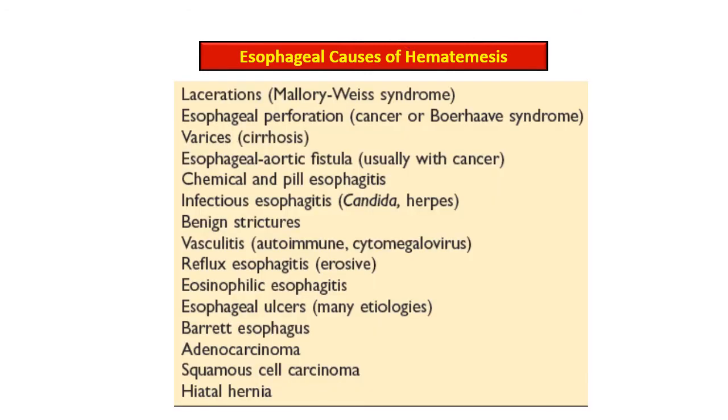So vomiting of blood is hematemesis, and the esophageal causes of hematemesis are laceration, as we have just discussed, Mallory-Weiss syndrome, esophageal perforation, which may be due to cancer or Boerhaave syndrome, varices as a result of